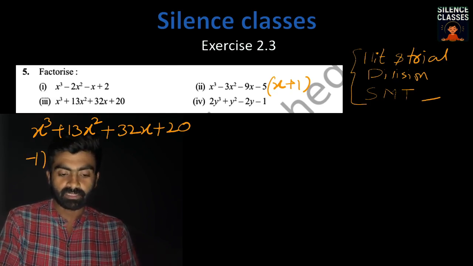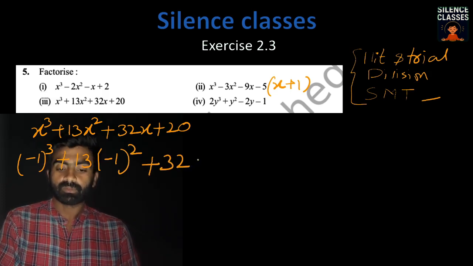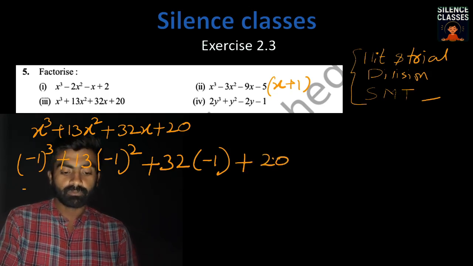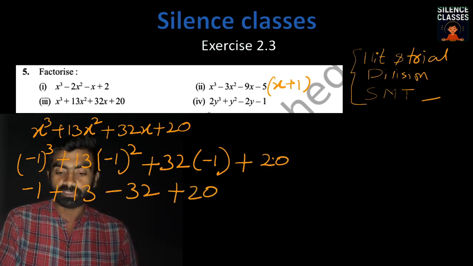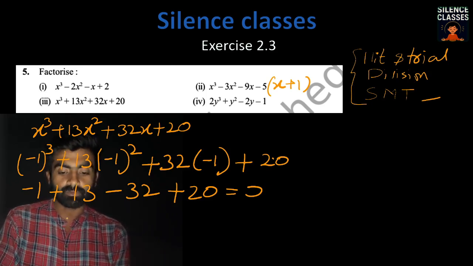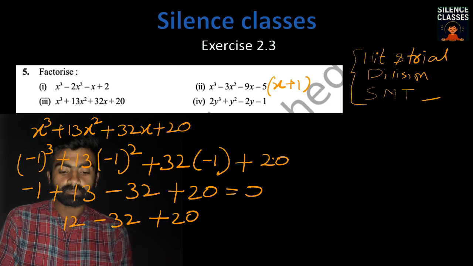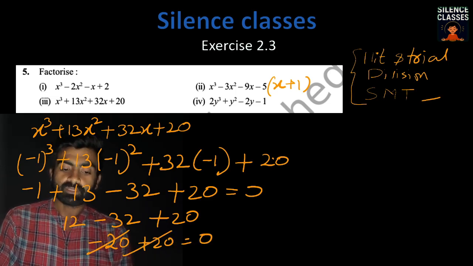Put in minus 1: minus 1 whole cube plus 13 multiplied by minus 1 whole square plus 32 multiplied by minus 1 plus 20. So we will get minus 1 plus 13 minus 32 plus 20 equals 0. Minus 1 plus 13 will become 12, minus 32 plus 20, so that is minus 20 plus 20 equals 0. We can cancel it out. So we got that by putting minus 1 in the place of x,